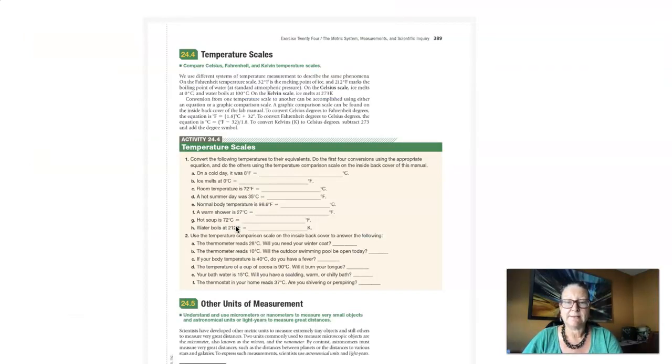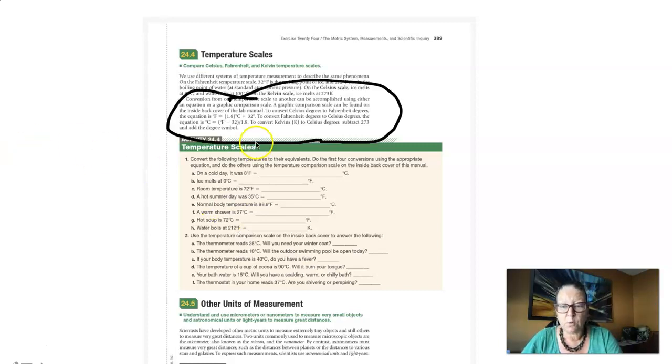The next page asks you to do some conversions between centigrade and Fahrenheit temperature scales. Now it gives you the equations here in this paragraph. Let's go ahead and try one. This first one says on a cold day it was 8 degrees Fahrenheit, and they want to know what this